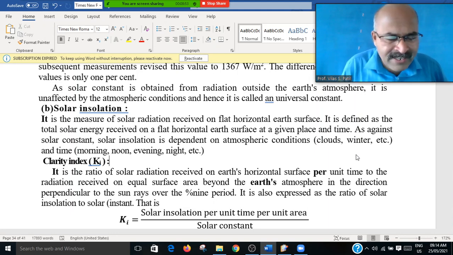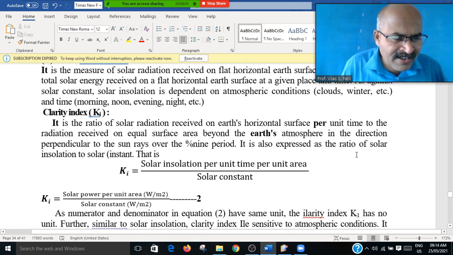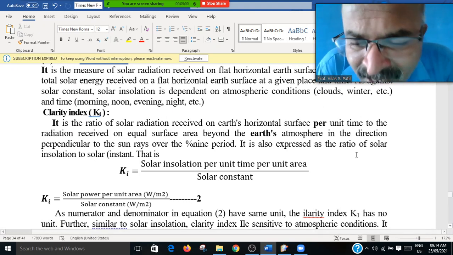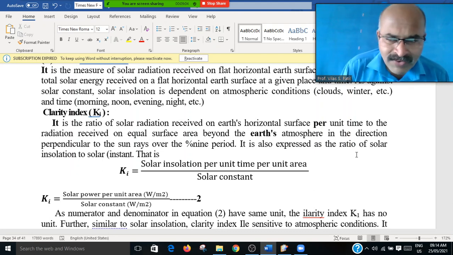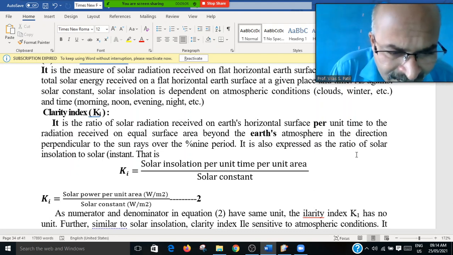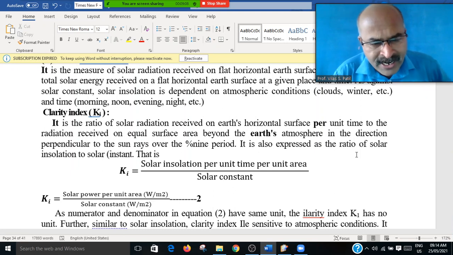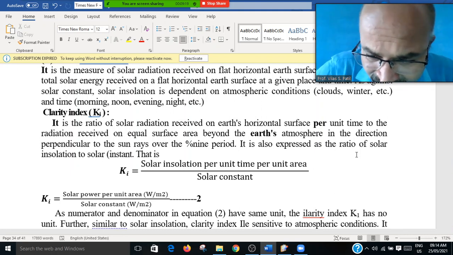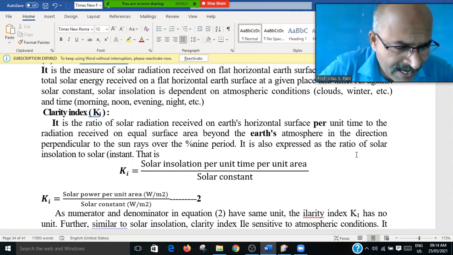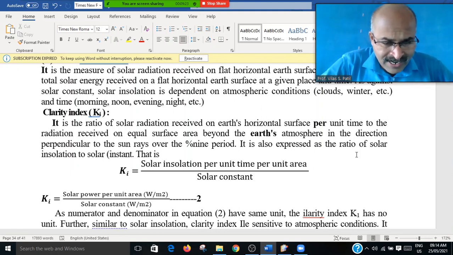Then clarity index, that is the third definition. It is the ratio of the solar radiation received on the earth surface per unit time to the radiation received on an equal surface area behind the earth atmosphere, in the direction perpendicular to the sun ray,